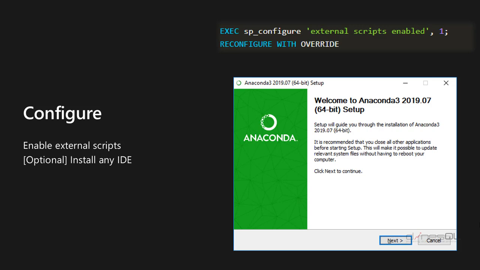Optionally, you can install a development environment for writing R and Python codes. One thing you need to remember is, when you write R or Python codes within your SQL database, it has to be submitted as a string. So it looks like you're coding in the notepad. This is what I advise. Rather than writing these Python or R codes in your query window, it is always better to use a different tool, for example Azure Notebook, Jupyter Notebook, and then write your experiments. If you want, you can test it and then take a copy of it and put it into the SQL Server